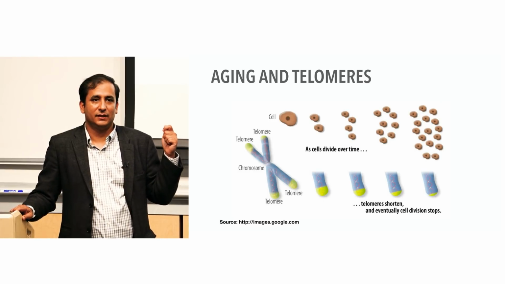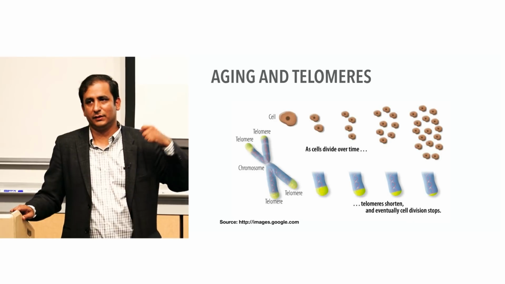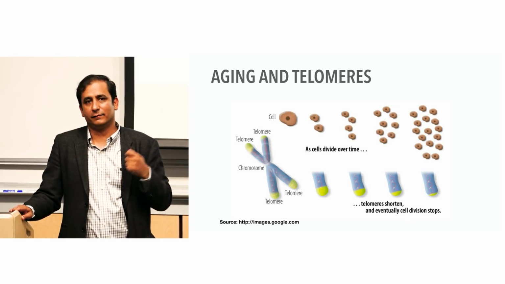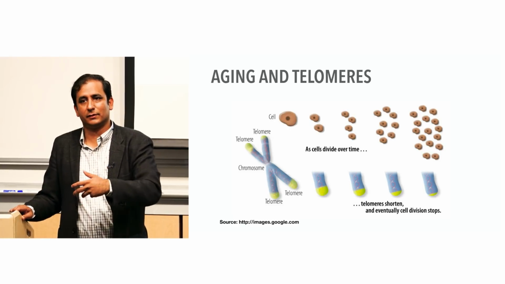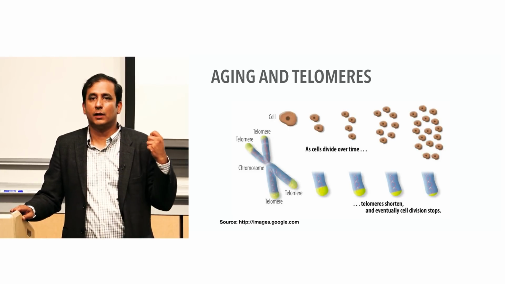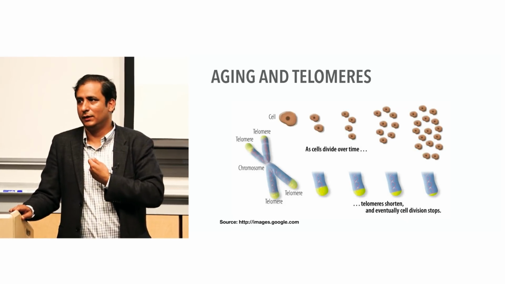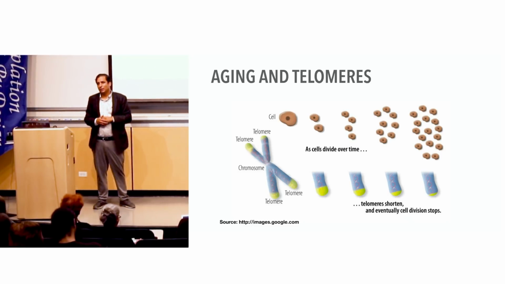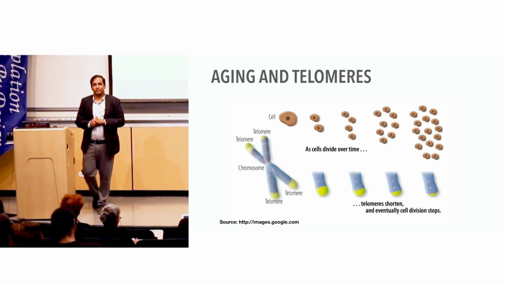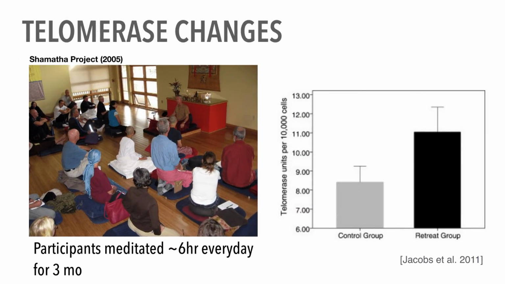But one of the hypotheses was that when you meditate, you can slow down the aging process. And in the Shamatha project, Clifford Saron and his colleagues wanted to see whether we can actually show quantifiably whether the aging process is slowed. And one of the markers of that is telomere in your gene expression. It's like a zipper in your jacket. It shrinks in length as we age, and they wanted to see whether that shrinking has slowed down in some way. So this was Shamatha data published in 2011 in Neuropsychopharmacology.